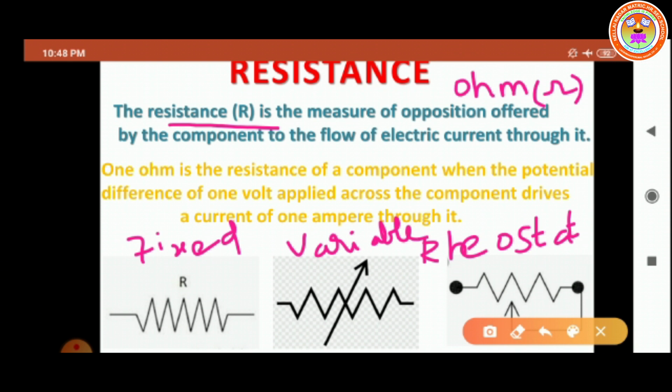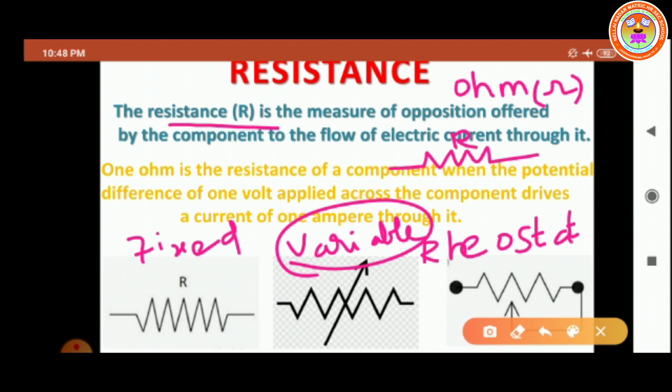See the arrow mark. This is the symbol representation of the resistance. We have to draw like this. This is the symbol of the resistance, the electrical component, and it is denoted by the symbol R in the electrical circuit. For the fixed resistance, the symbol is like this. And above the resistance, you have to draw one arrow mark. It gives us a variable resistance, and this is a rheostat. So fixed resistors have a fixed value of resistance, while variable resistors like rheostats can be used to obtain the desired value of the resistance.